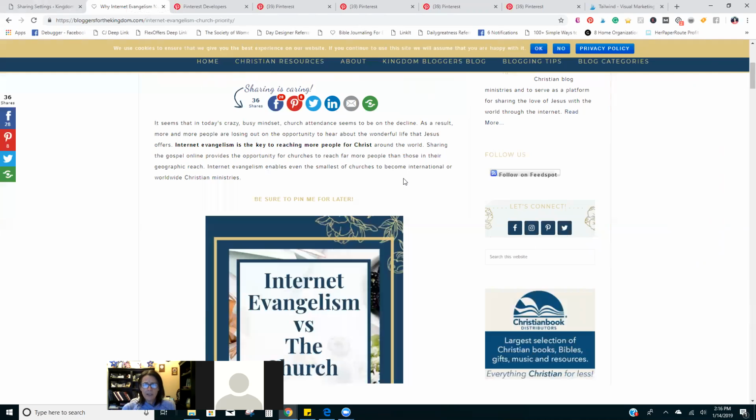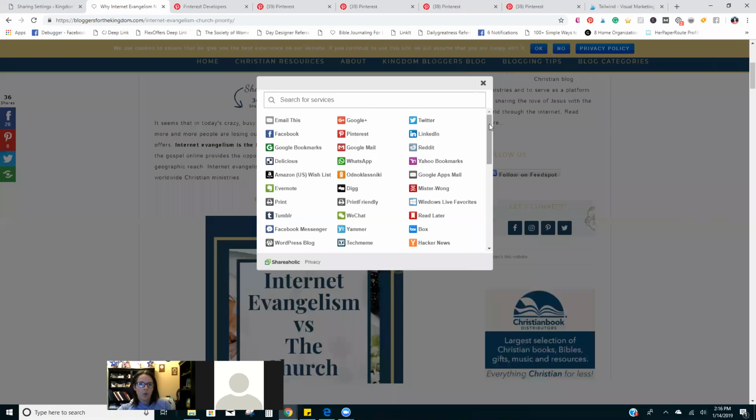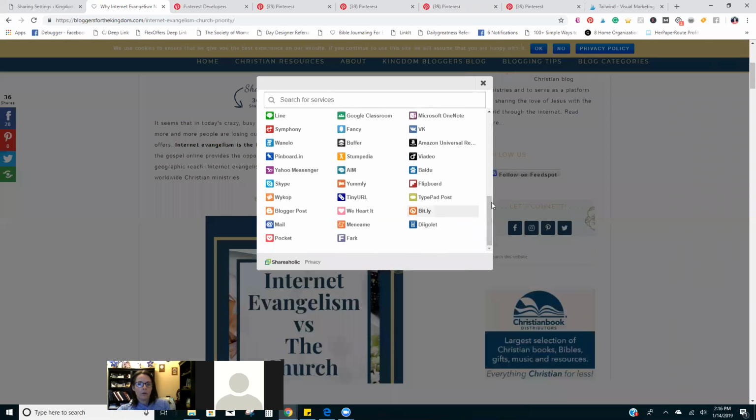You have Sumo Me, you have Social Warfare. There's a whole bunch of them out there. But most of them give you the ability to add this button right here. It might look different depending on which one you're using. But when you click on this, it opens up, and any platform that is a shareable platform, your reader can